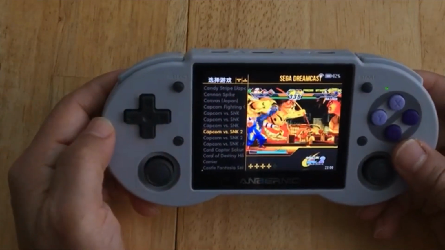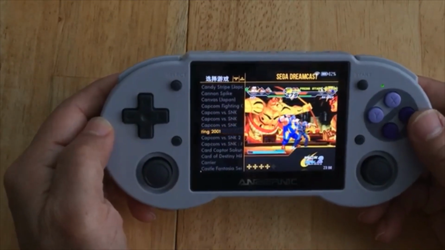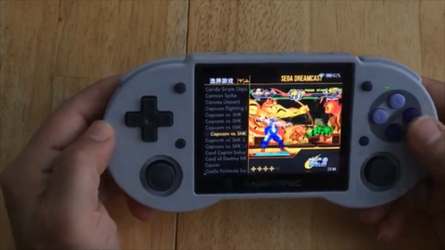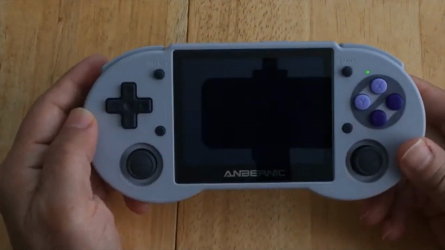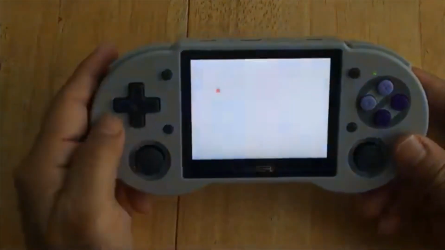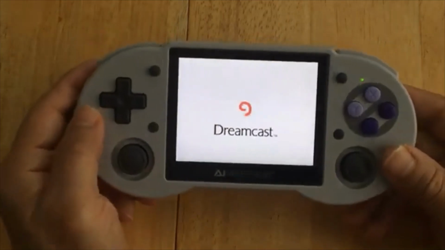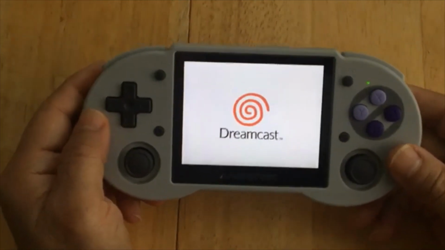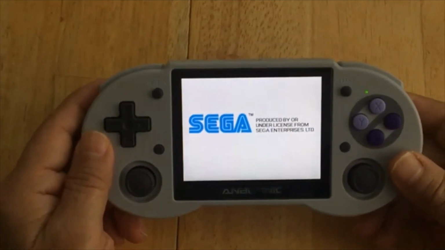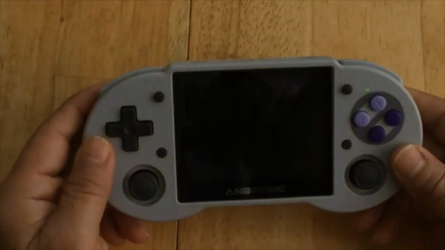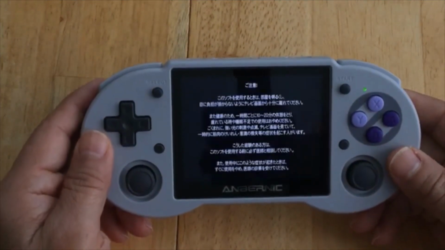So we have Capcom vs SNK, and I don't have to wait for RK1UP to give me that. I could actually take this with me any place, anywhere, and play this. Now, I like the idea this screen is 3.5. Anything smaller than 3.5 to me is not acceptable. Like a 2.8, that is just way too small. I mean, yeah, it's nice that you could put it in your pocket, but it's just too small. To me, I think it's just way too small. So